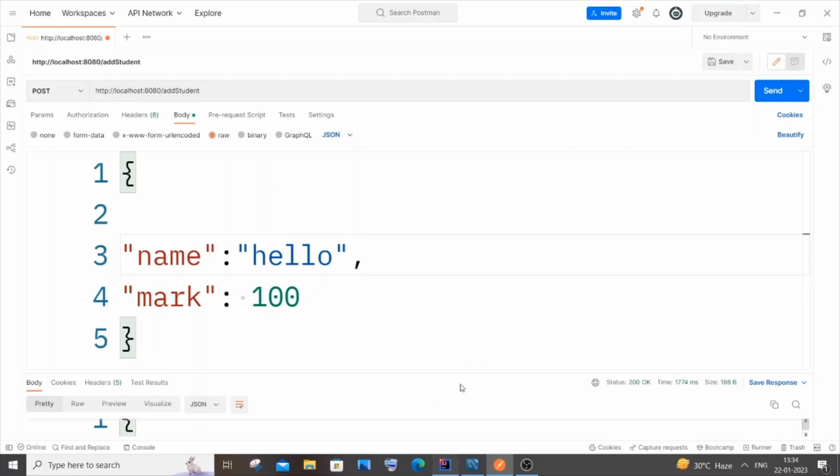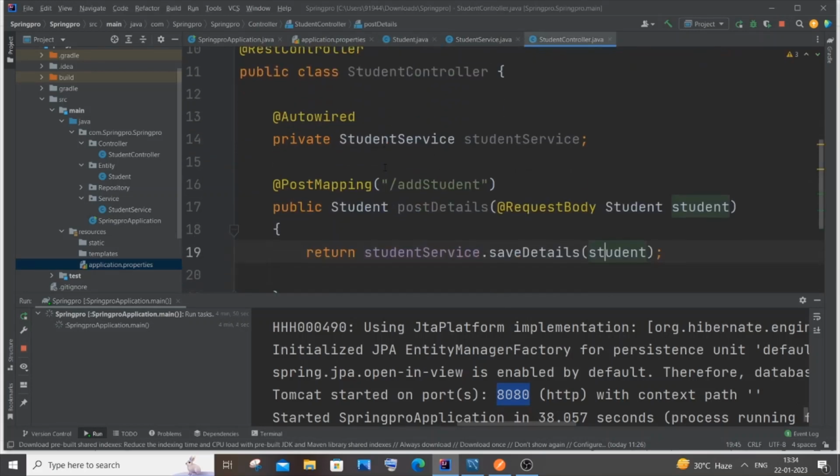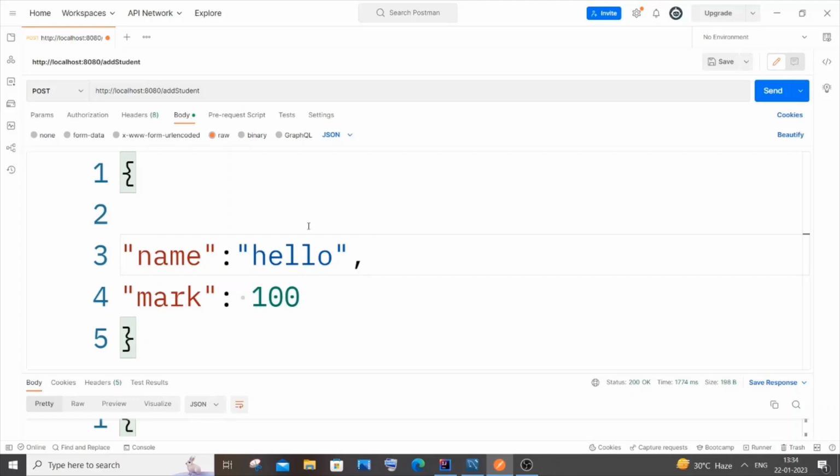So the path that we have specified in our controller, where is the controller? Yeah, student controller. This particular path should come over here. You need to be careful with the cases as well. So I will just change it to some name, not meaningful, hello, hi, something like that. And I will go with 1000 as the mark, some random thing. If I just send it now,